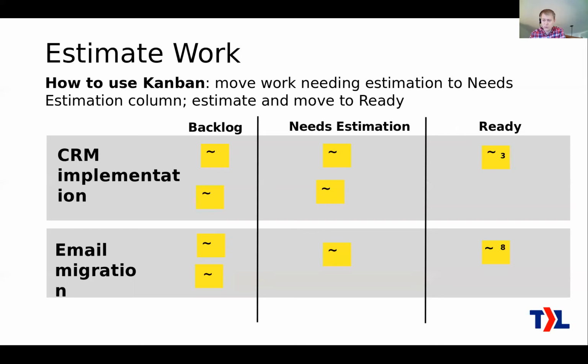So what's that going to look like in Kanban? We're going to move the work that needs estimation from the backlog to the needs estimation column. Then when we actually do that, meaning as a project manager you get some time to estimate it, or you hook in an engineer to do it, or the whole team, depending on how you want to do that, once it gets done, you pull it over here. You write the number on it, either hours or story points, and you pop it into the ready column. Ready meaning we're now ready for an engineer to actually work on this stuff.